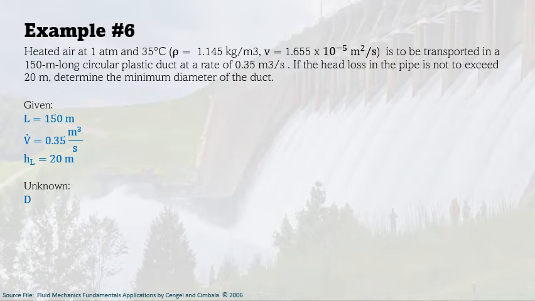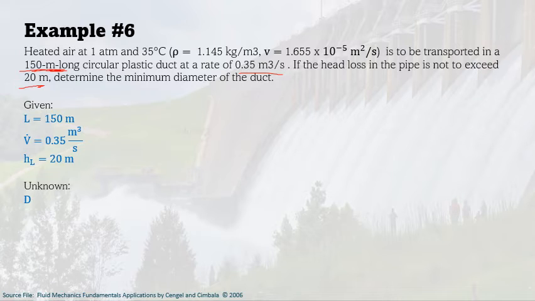diameter of the duct. Say for example, you are an engineer designing a ducting system. The requirement is that the head loss would not exceed 20 meter because you already have the power requirement that you would need. And here you are able to measure the flow rate using a flow meter, and also the length of the pipe by measuring it using a measuring device. Then we can design, or specify, the minimum diameter of that ducting based on the formula that we